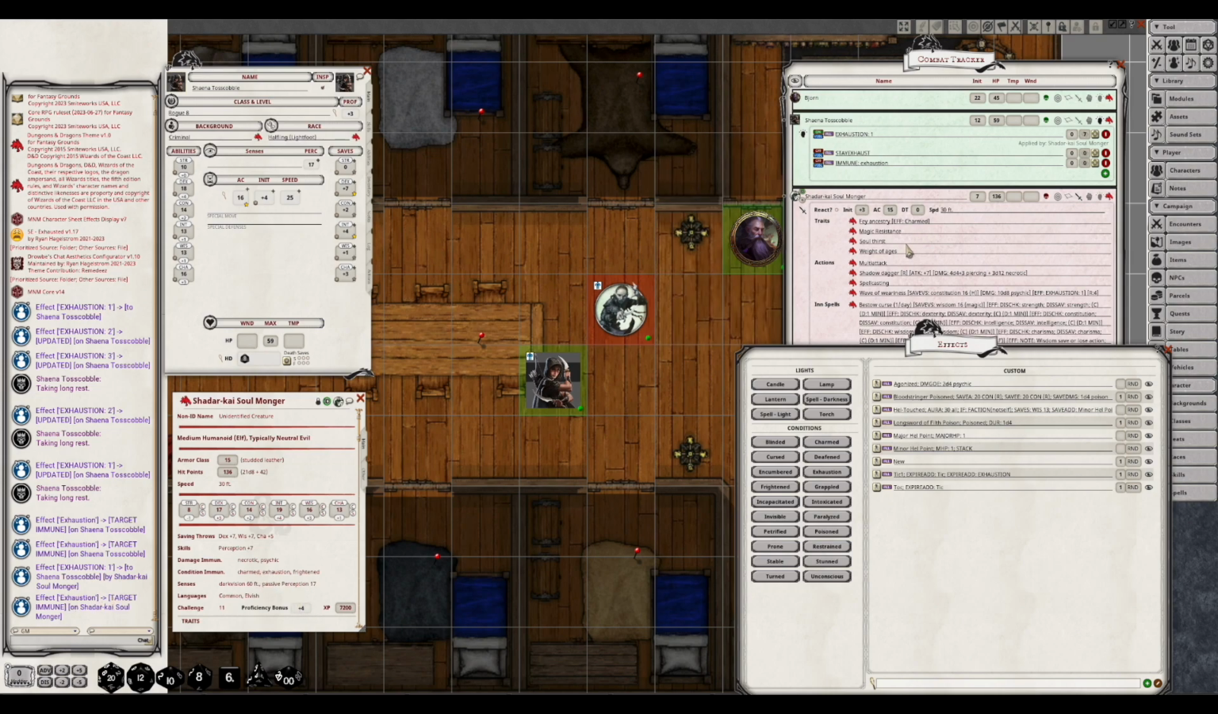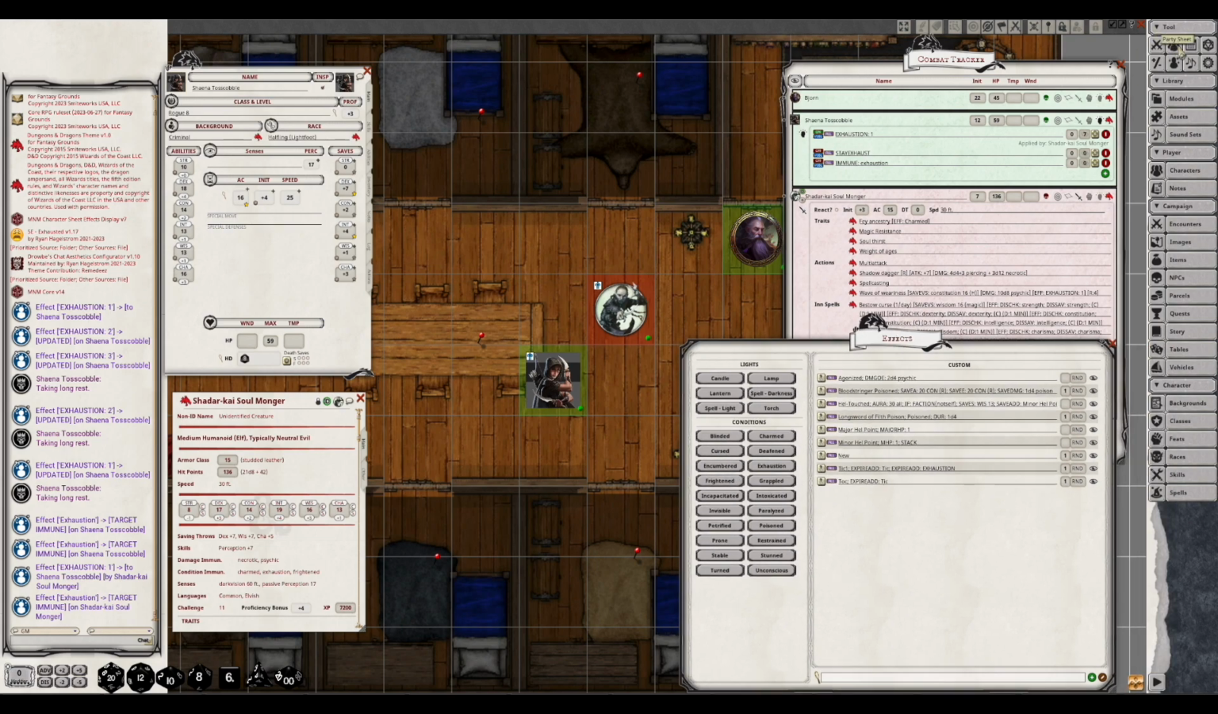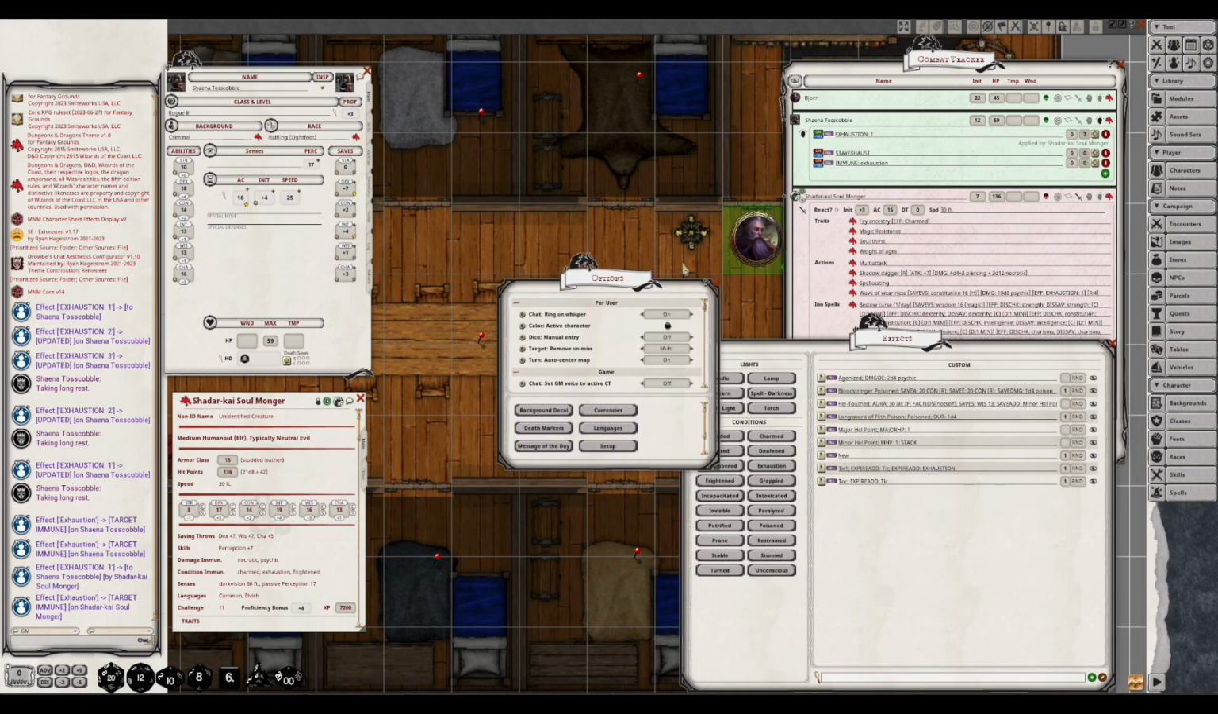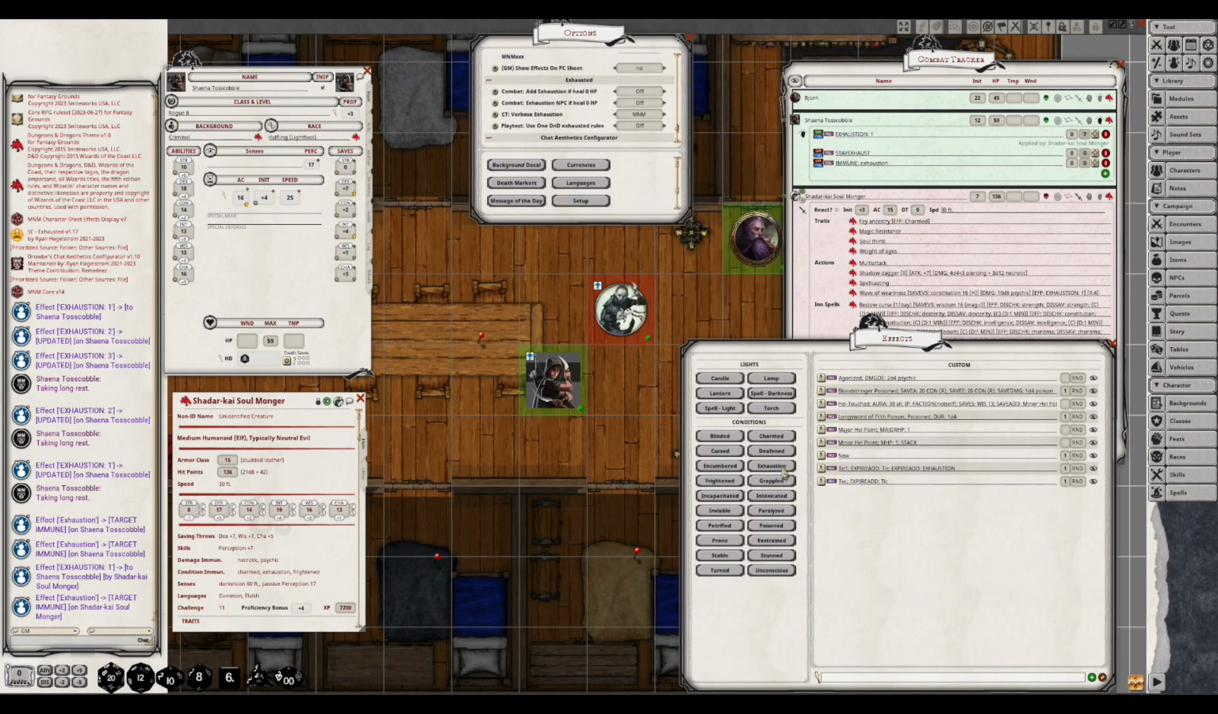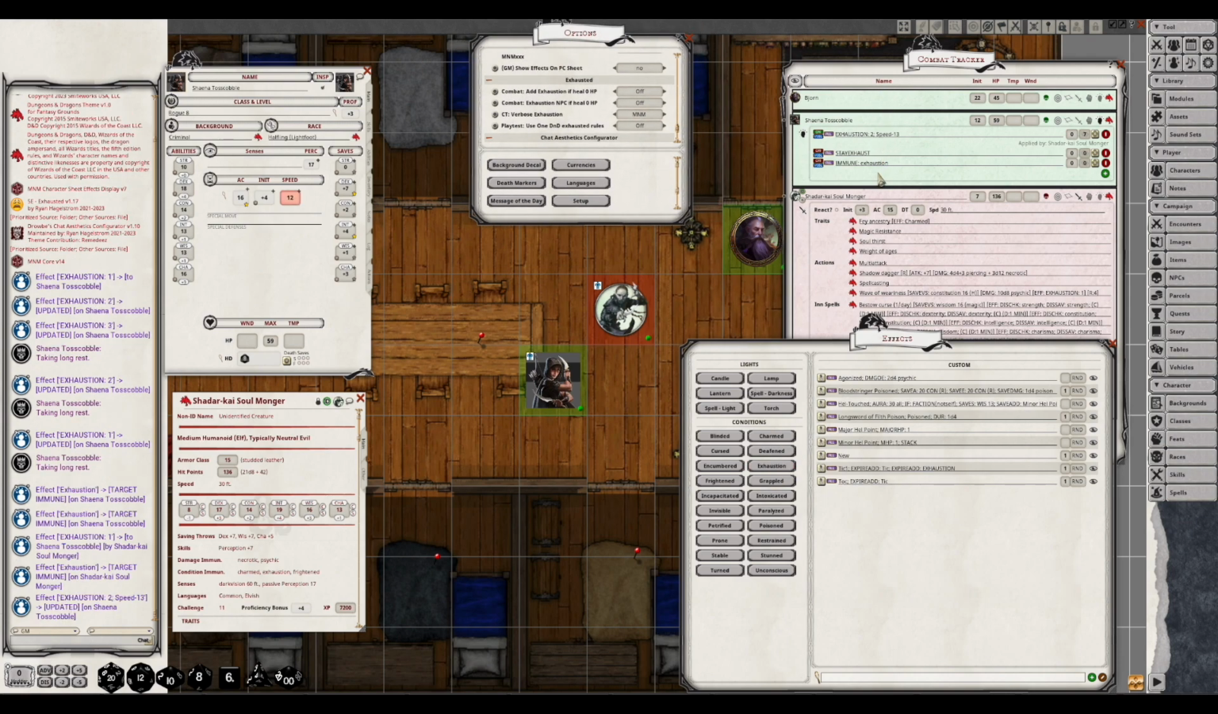And the Soulmonger is immune to exhaustion again, so if you try to apply exhaustion to the NPC, it won't apply. Let's look at a couple of the options here with exhausted. There's a few of them. One of them is verbose exhaustion. This is only relevant if you're using Mad Nomad's